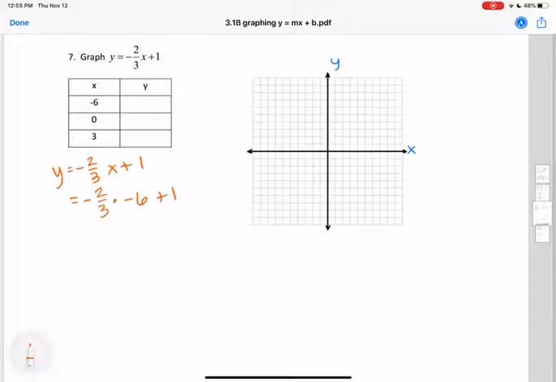So I'm going to do 2 different things to try to make it look a little bit prettier. First thing I'm going to do is instead of writing -6, to make it be another fraction, I'm just going to write it as -6/1 so that in my next step, I can see the cancellation a little bit clearer. The second thing I'm going to do is that negative sign, it can go way out front. And if you like it out there, totally cool, just leave it there. It could also float up top or on the bottom. So I'm going to rewrite it. I like to put it up top,